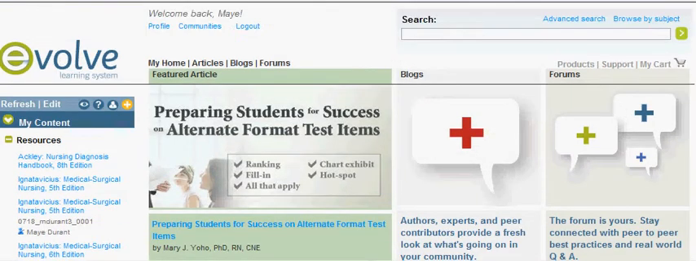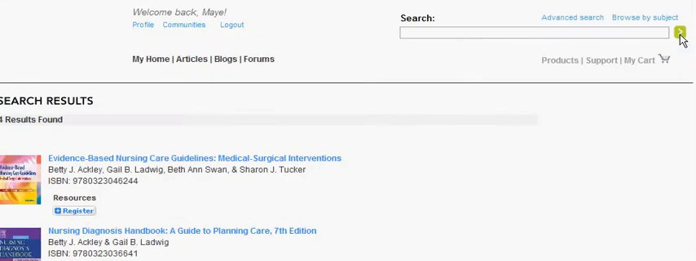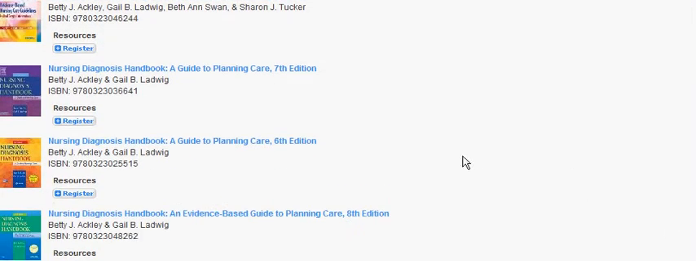Now, to be able to adopt a resource or a book, all you have to do is come up here, type in search, and I'm just going to put in Ackley's, and let's hit search and see if I can find it that way. You want to scroll down, and here is the Ackley's 8th edition. So once you find the book that you need here under resources, you just want to click register,